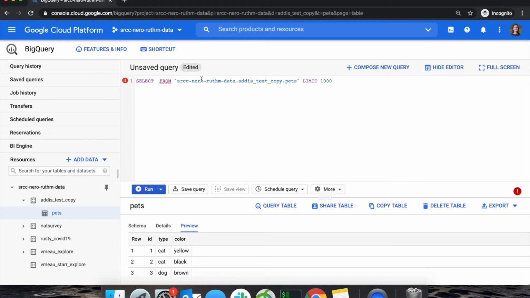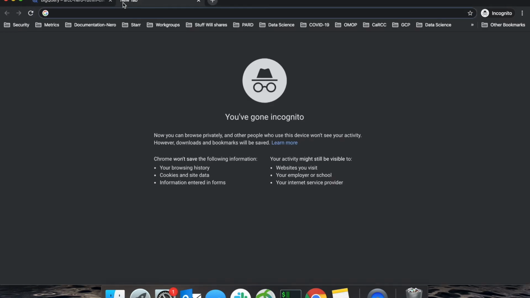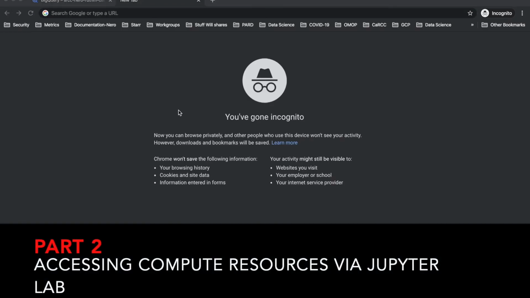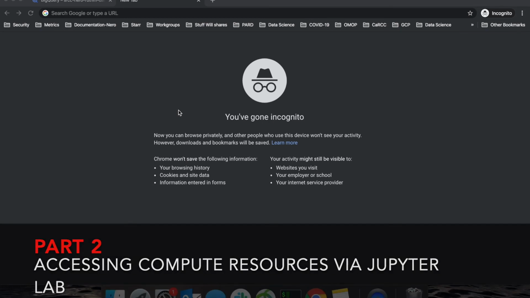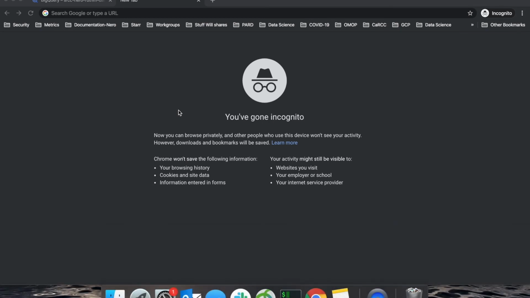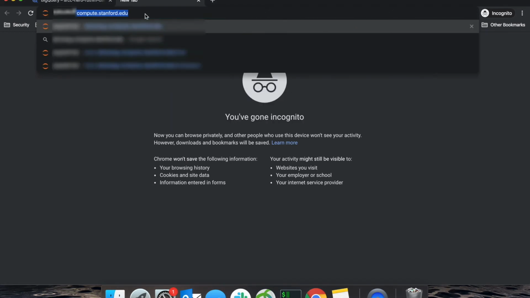If you have compute resources enabled for you, so if you're able to run statistical analysis on Nero GCP, you're going to want to access another link. Go ahead and open a new tab. Go ahead and type the SUNET ID of your PI. In my specific scenario, I actually don't have access to a compute engine via my project, so I'm going to choose another project for demonstration purposes. So type the SUNET ID of your PI,